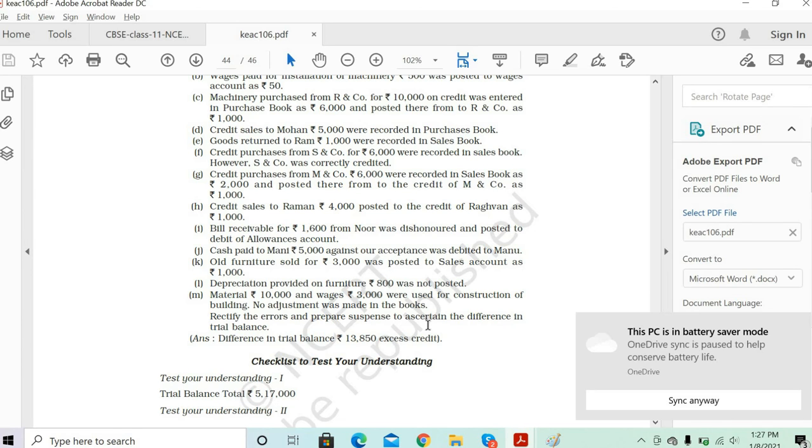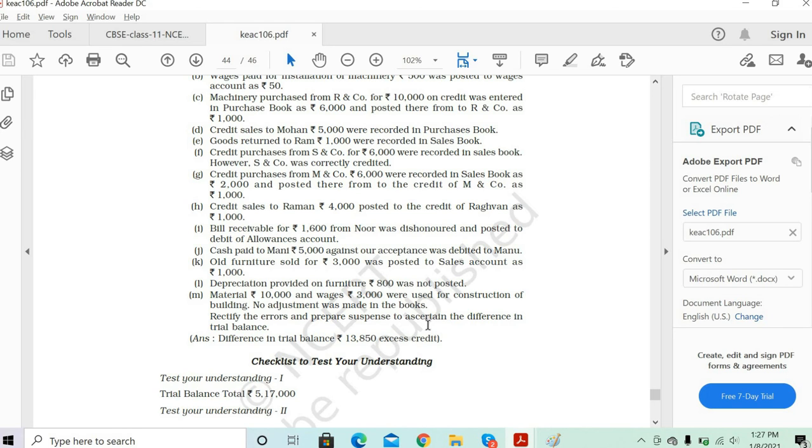Raman's account you have to debit 4000 rupees, and you credited 1000 rupees to Raghavan's account, so that also has to get debited, right? And it was a credit sale. Credit sales were not there, so you posted that 4,000 again to the suspense account. So 4,000 debit. Ideally 4,000 has to be debited from Raman's account, and 1,000 from Raghuvan's account. So the total is 5,000, and 5,000 has to be credited to the suspense account.